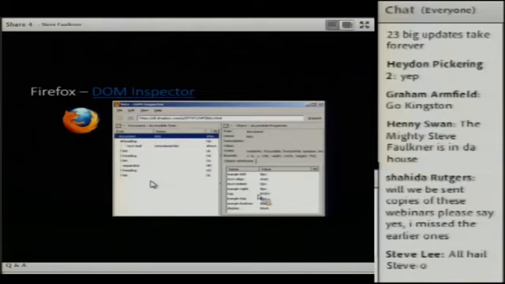It will show the accessibility tree that Firefox produces internally from the DOM tree, and so you can see there it's got associated accessible properties, etc.